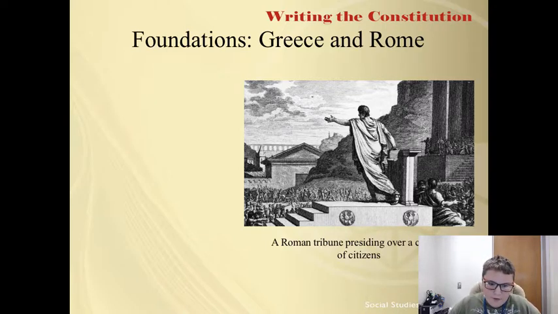The framers of the Constitution also relied on the concept of a republic as developed by the ancient Romans. The Constitution implied a 3-part system of government, also borrowed heavily from the Romans, who developed systems of checks and balances, as well as the legislative bodies of the Assembly and the Senate.